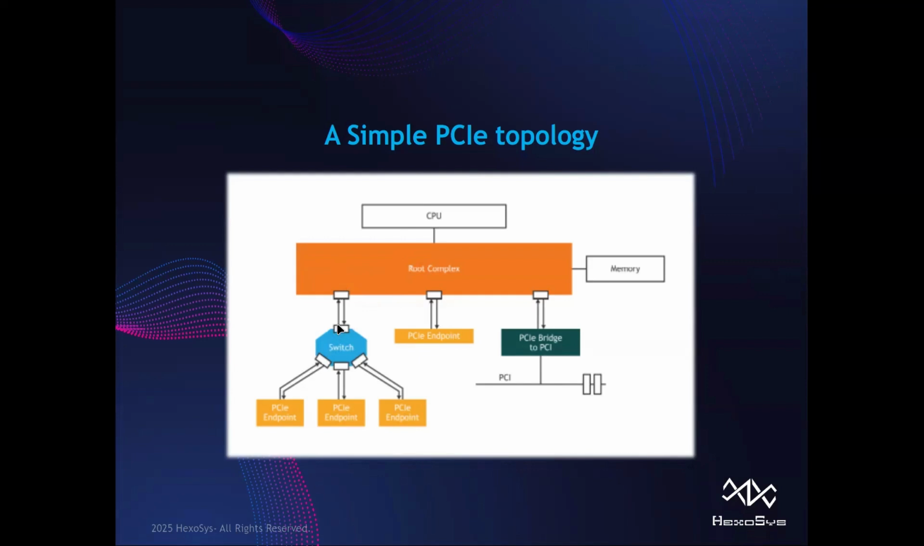To provide more fan out for a PCIe connection, we're using a switch. A switch can act as a packet router. So if it receives any packets, by looking at the target address, it can route the packet to the corresponding PCIe endpoint. And PCIe endpoints are our real PCIe devices, could be Ethernet, FPGA, or any device that we have